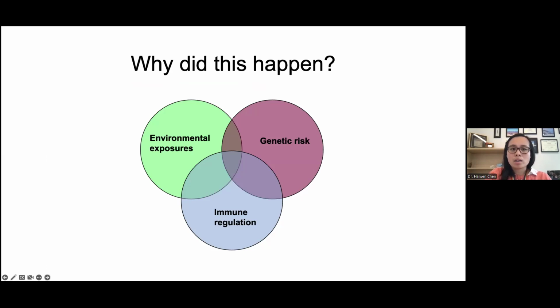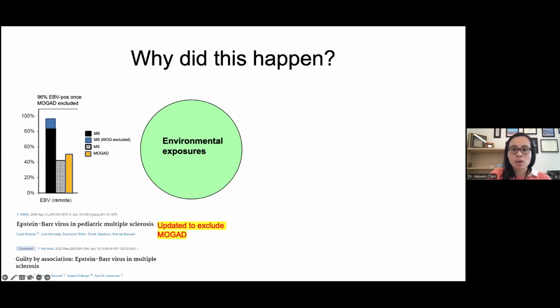So why did this happen? Why did your family member or someone you know or your patient develop MS? And that's also something that we're still working on understanding better, but we suspect that it's a combination of factors, that environmental factors may trigger MS in a genetically susceptible individual to cause immune dysregulation. And going into a little more of these specific areas,